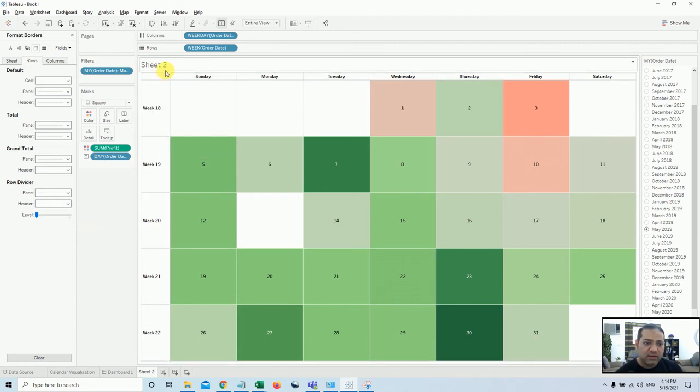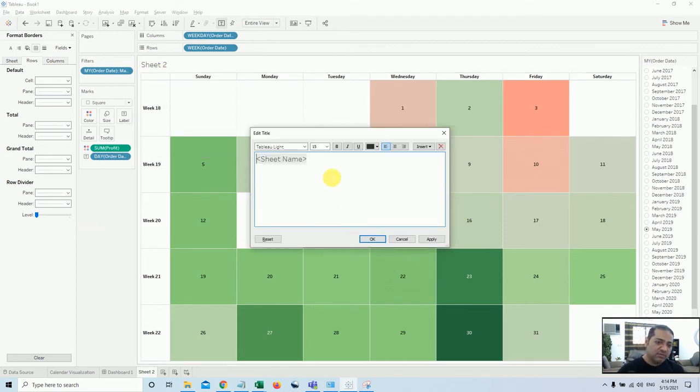And here you can write calendar visualization.